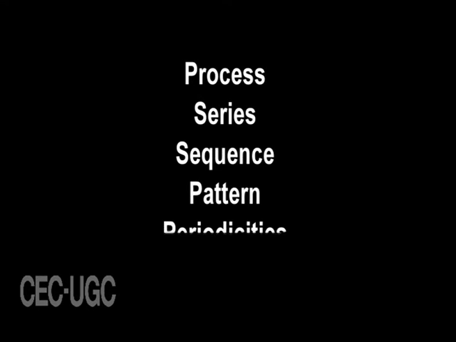Although there is intertemporal change of situations, there are still certain orders and regularity in the social matrix. These regularities are regarded as process, series, sequence, pattern, periodicities, and cycles. It is said that history repeats itself. The historian is influenced by some theory implicitly or explicitly operating in his interpretation.